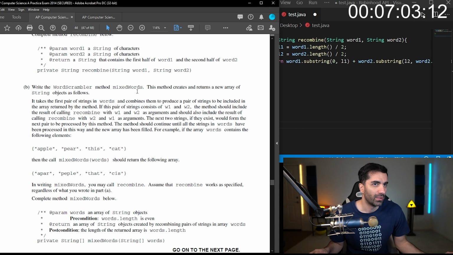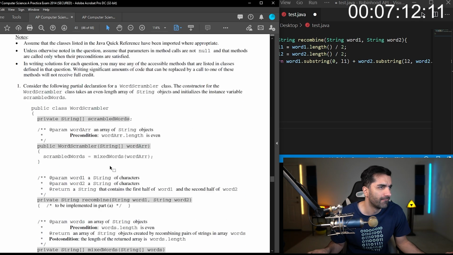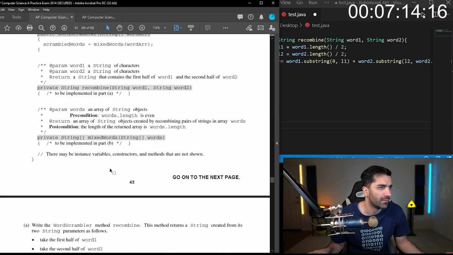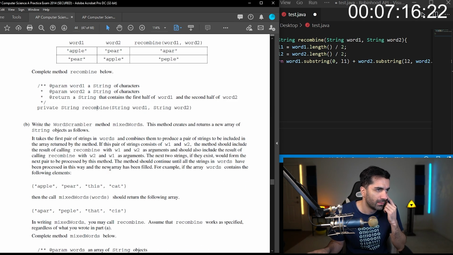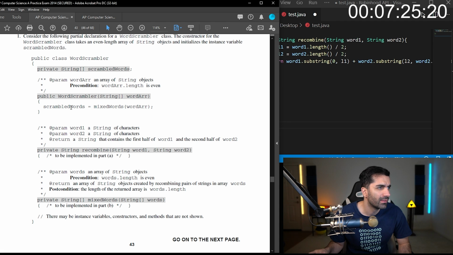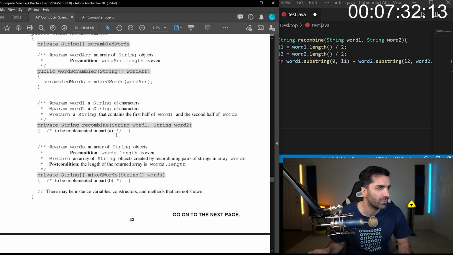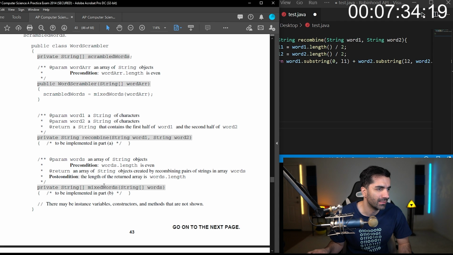So write WordScrambler's mixWords. This method creates and returns a new array of string objects as follows. It takes the first pair of strings in words. Oh, let me look at this class again. Okay, yeah, so it takes in words, which is what was passed in.